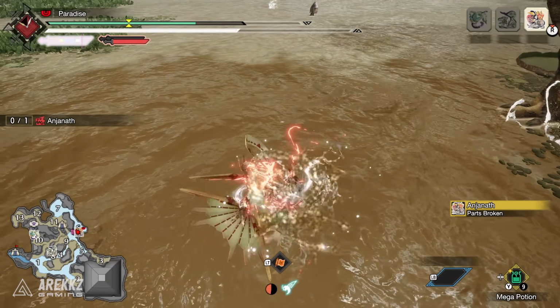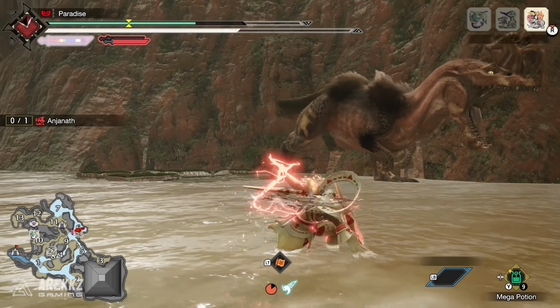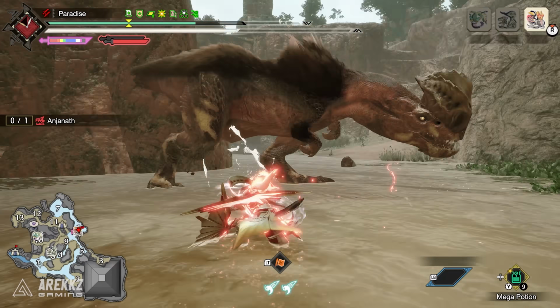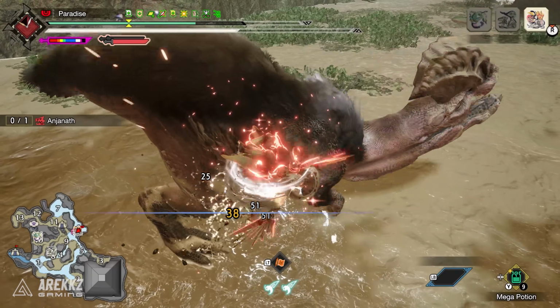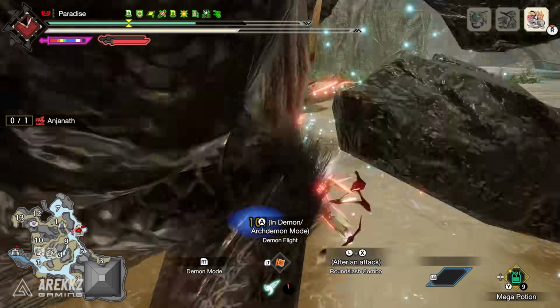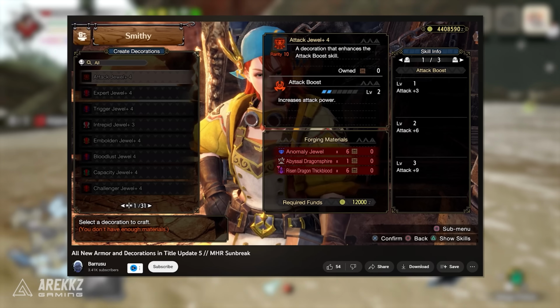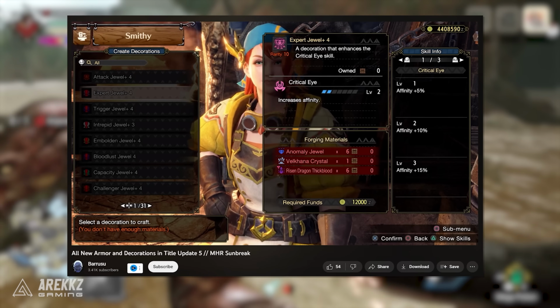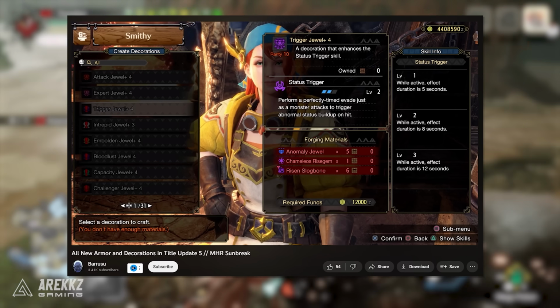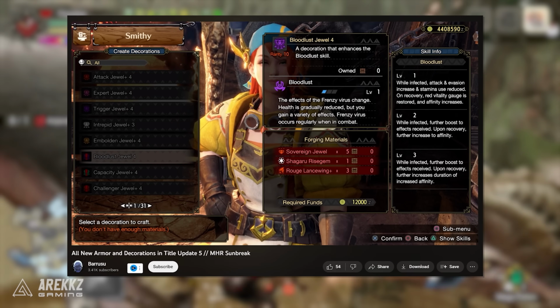Outside of this though, there were new regular decorations added in. But I'm going to be honest guys, grinding that anomaly research rank from the previous cap of 220 to the new cap of 300 is a colossal task that we simply cannot complete in time for today. But don't worry, the YouTuber Barusu has shown a list of the new skills in a video that we've linked down below for you, and shout out to Barusu for hooking us in the community up with this list of